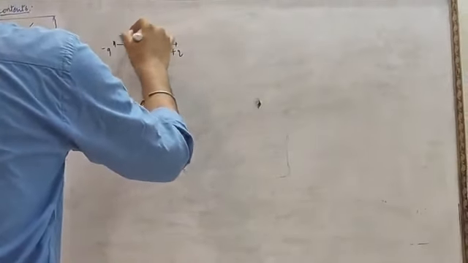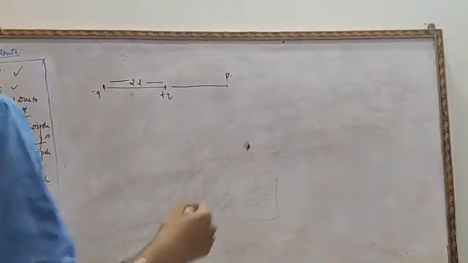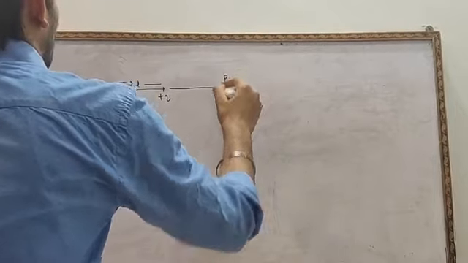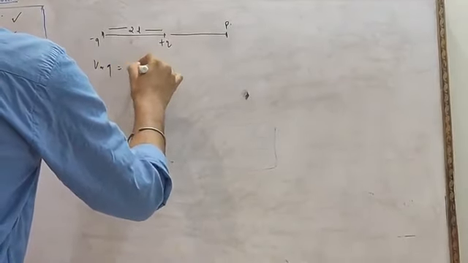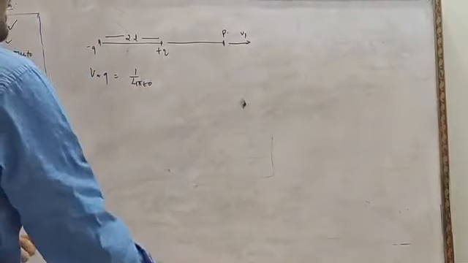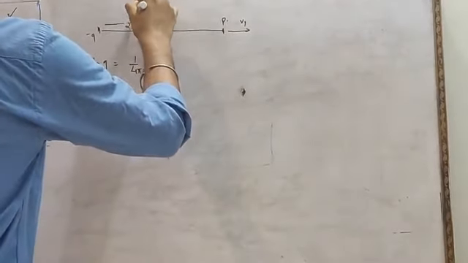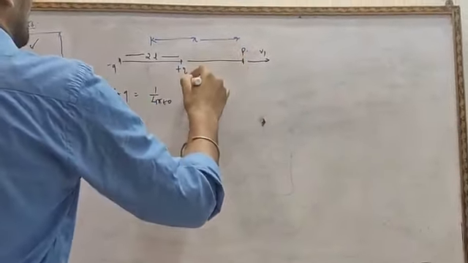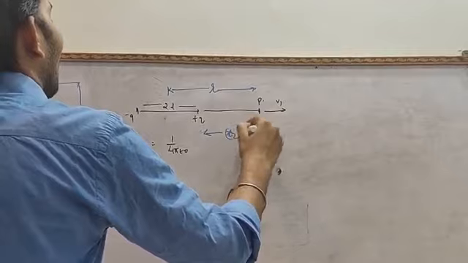So we know very well electrostatic potential due to a dipole. Suppose this is the minus Q, this is plus Q, and this is the line 2L. We know very well electric dipole. Suppose this is the point P where a hypothetical positive charge is present. Hypothetical means imaginary. So electric potential due to plus Q, 1 upon 4 pi epsilon naught. This is V1. Suppose this is the distance r, so this is equal to r minus l.